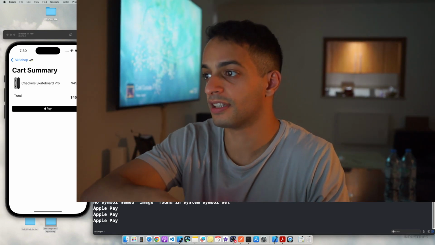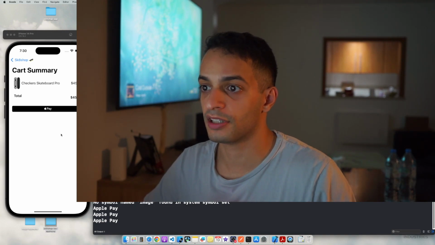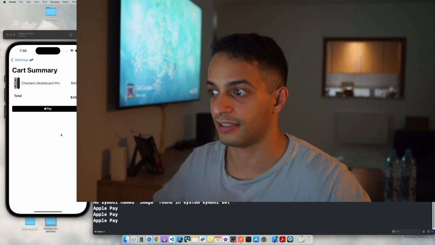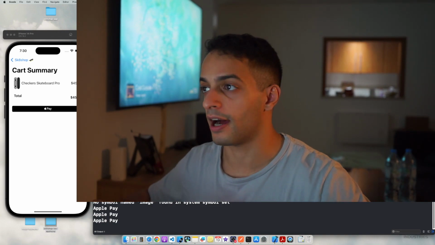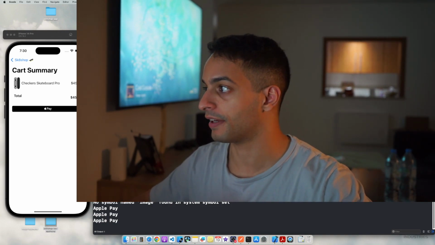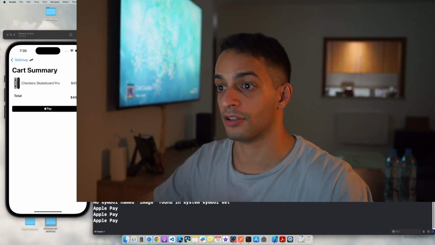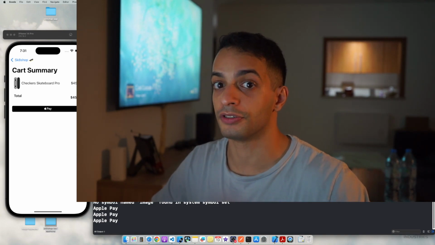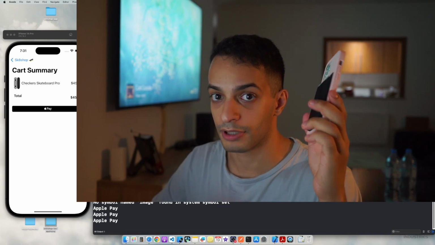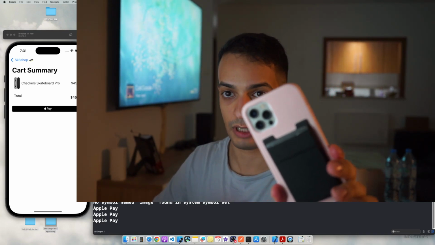So here's the thing about testing this. You can't use the simulator because the simulator is not going to return any real data. It's basically going to return no data, 0 bytes, so nothing. It's going to come in payment data JSON, and then your app is going to crash in the simulator. If you want to test Apple Pay, you need to use a real iPhone with a real card added to your wallet. So I'm going to plug in my phone